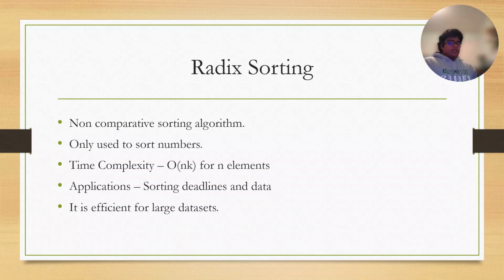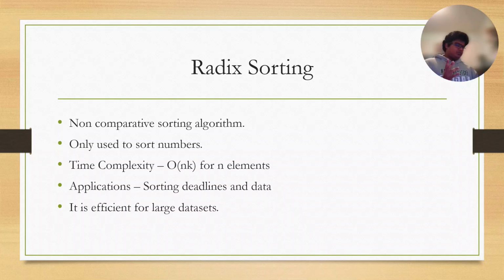This is pretty much better than the elementary sorts like bubble sort, insertion sort, and selection sort, because their time complexity is O(n squared), but not as good as the complex sorting algorithms, which are merge sort,